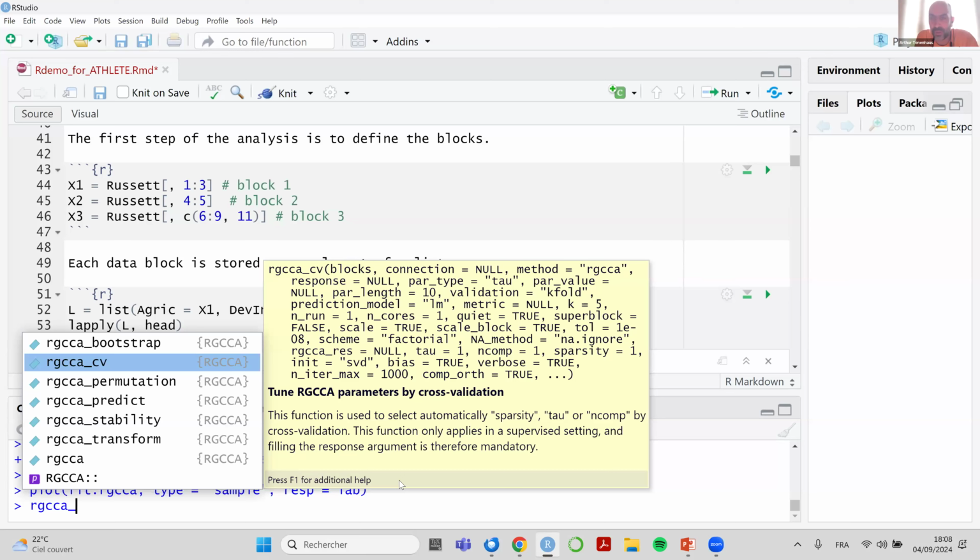I think if you have outliers, it's a kind of problem. But the value of the tau value is